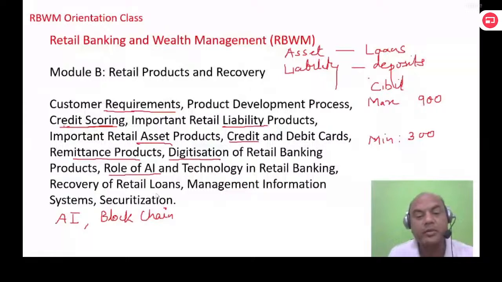So AI is there, blockchain is there, digital banking is obviously there. Digital banking nowadays is not a new technology. We have gone up now from digital banking. Nowadays we are in these new parts, AI, blockchain, plus others as well. So role of AI in technology and retail banking. Here you will be having what are the new steps taken in the banking system for digitization, for remittances, fast remittances, for customer capture. That is also an important part.